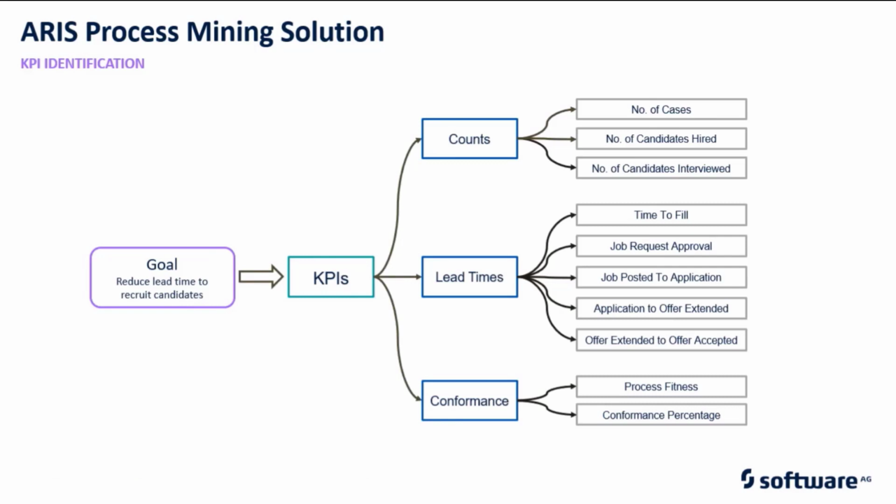The third category is conformance analysis. Conformance analysis is very unique to ARIS Process Mining and it helps to identify process deviation. We can compare the ideal process with the process that has been discovered by ARIS Process Mining and look at the deviations occurring within the process which are actually leading to poor performance. Along with that, we can identify inefficiencies like rework, activities that are being repeated again and again, and activities that are skipped which shouldn't be, which will help the team identify process inefficiencies.